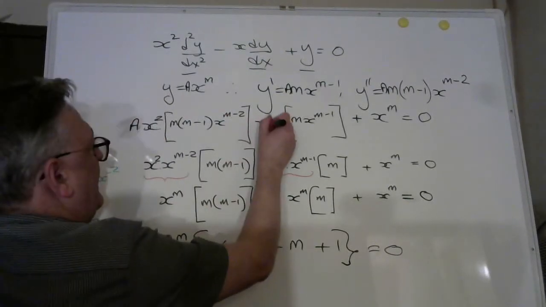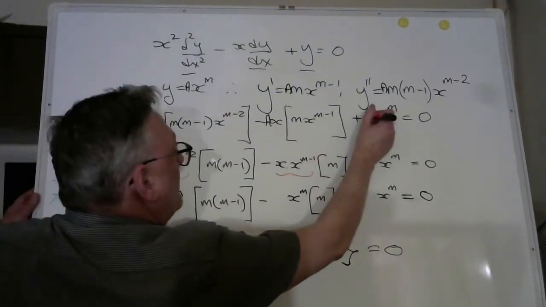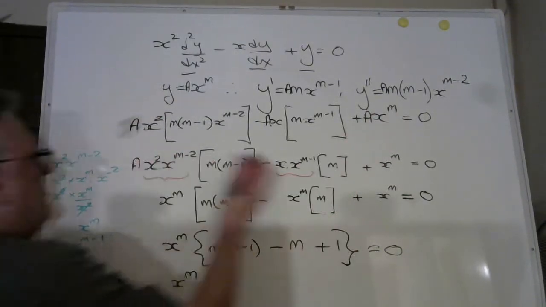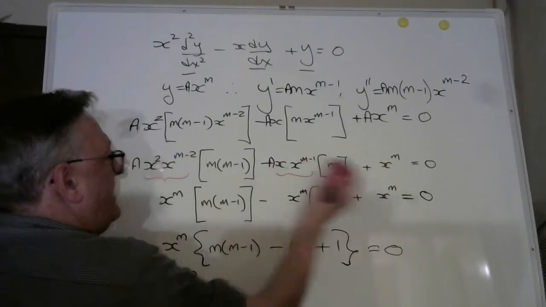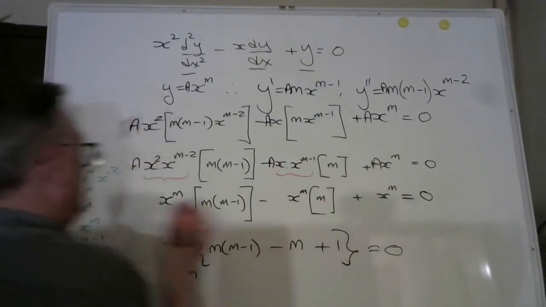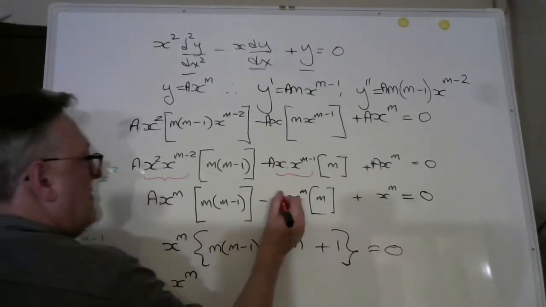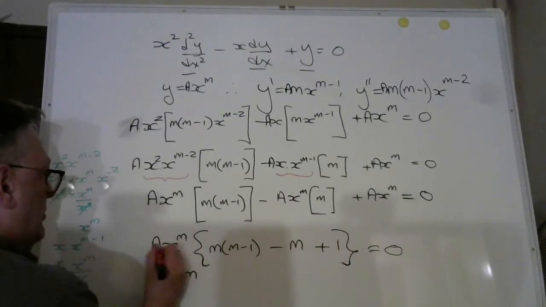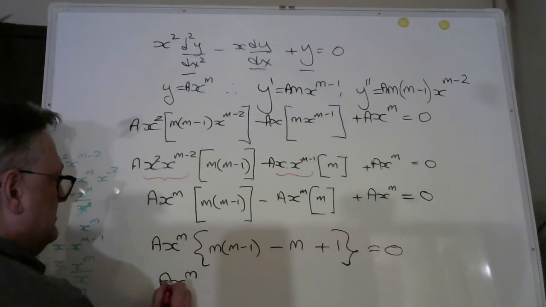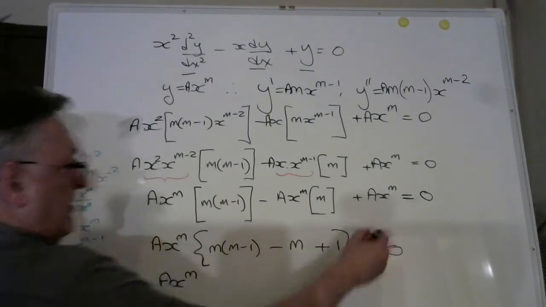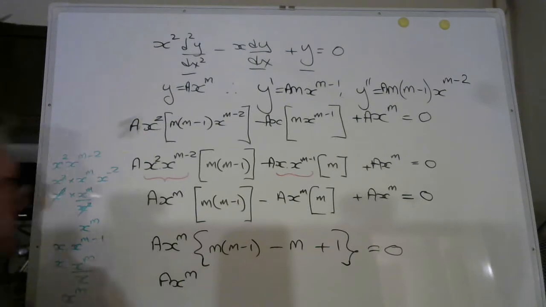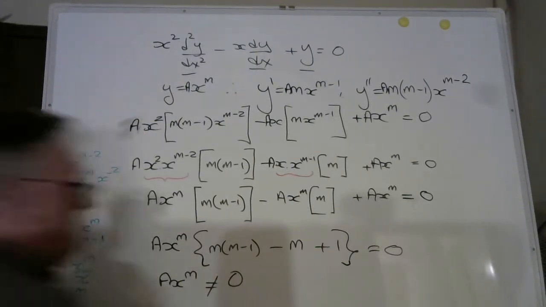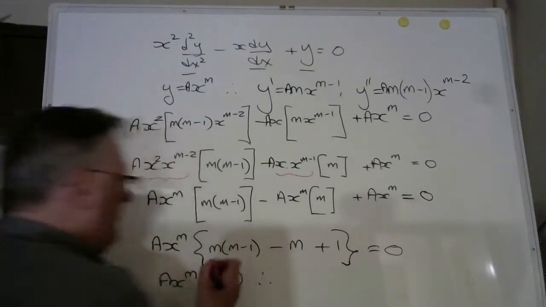Let's just put the a in there. Right. A, A, A, A, A, and of course we've got ax to the m multiplied by all of this equal to 0. Now this ax to the m cannot be equal to 0, which means that